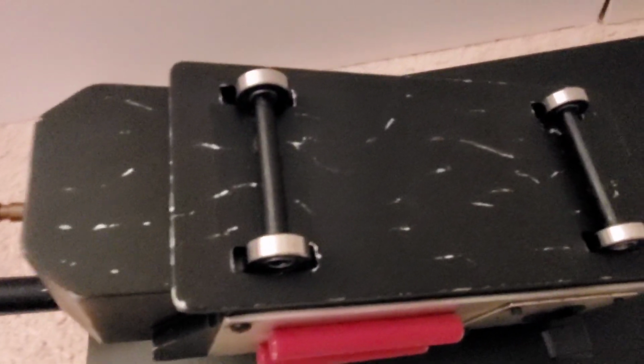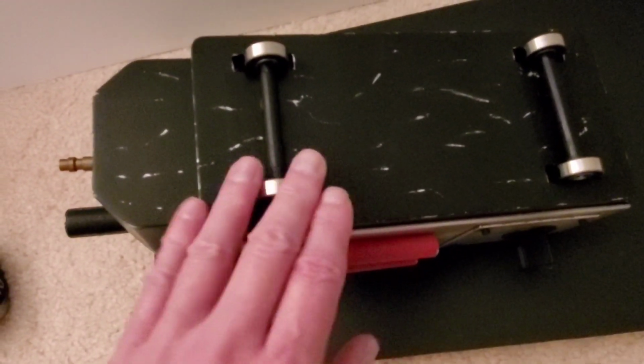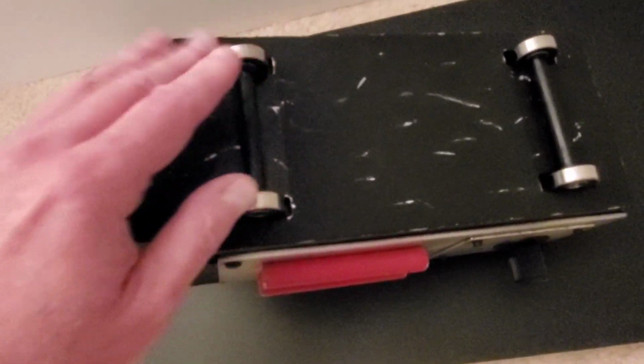And then I just used some Gorilla Glue on there. Gorilla Glue gel, actually, because that works the best. It doesn't run, stays in place where you got to have it. So that worked really good. And also glued the wheels onto that axle. But boy, this ended up being a lot of work because, of course, there wasn't enough